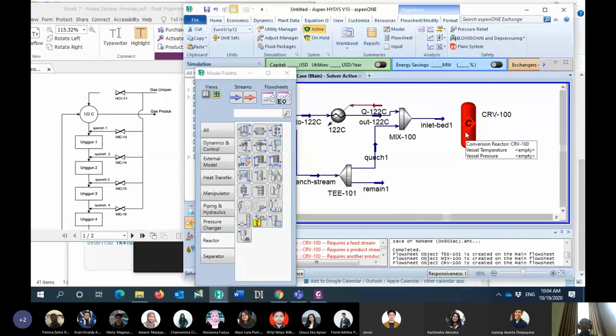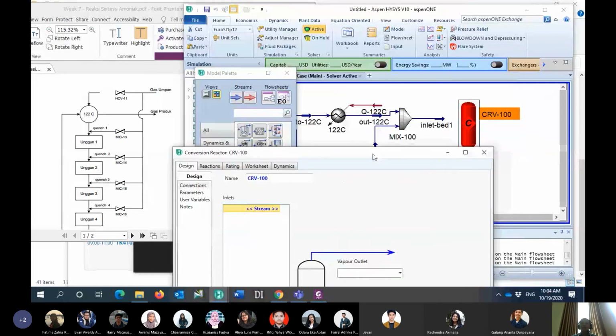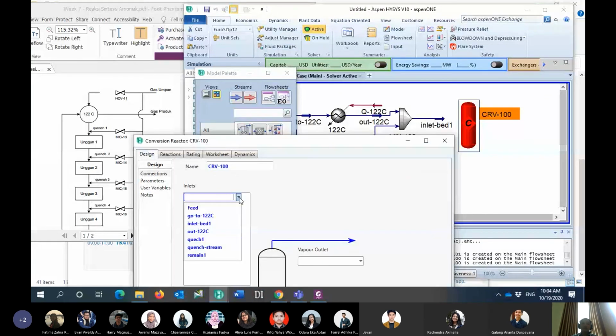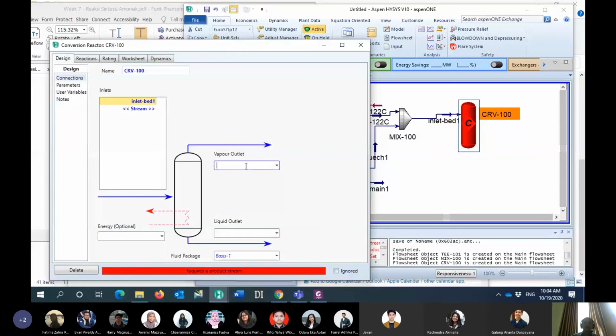Then double click this one. The inlet of bed 1 becomes the inlet of the reactor, this one is the vapor product of bed 1, and this one becomes the liquid product of bed 1.